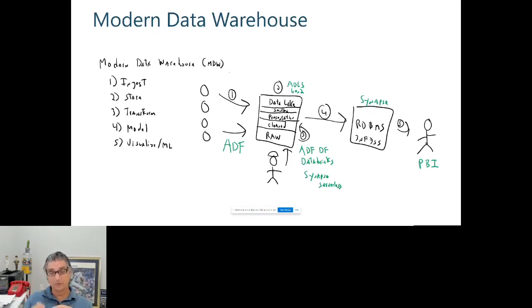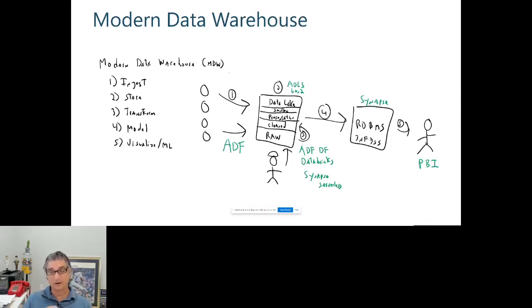Step 3 is to transform that data. So once it lands in there, it's just storage. I then can do the cleaning of that, and maybe I first convert everything from CSV files and JSON files into Parquet, and have a conform layer, and I add that in there too. And then I clean them all, and I join the data and make it ready for the presentation layer. So that's step 3. And then 4 is to model it, where, as I said, you usually want to have